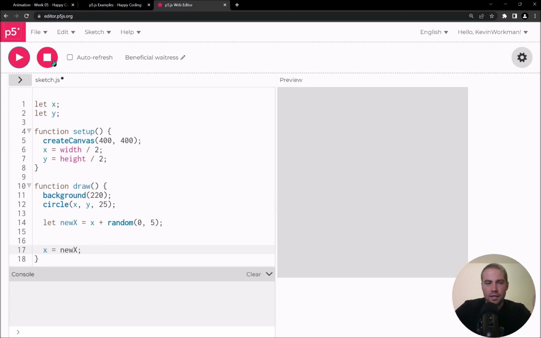Okay, something happened, but I don't know if it's exactly what I expected. So let me run that again and pay attention. My X is just going off to the right. And if I think about why that is, or stare at this line of code, what's happening